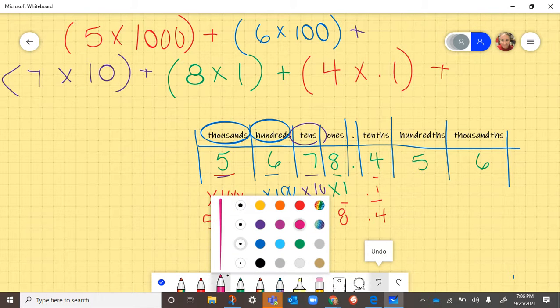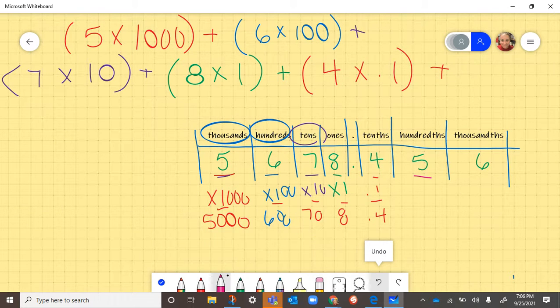And now we are going to go to our hundredths. So open up our parentheses. I'm going to write the digit 5 times, and I'm thinking, okay, I've got to make that 1 get to the hundredths. So I've got my decimal point, my 0, and I need to put the 1 two spots over. So that 0 is like a placeholder that makes that 1 push over to the right spot. So 0.01